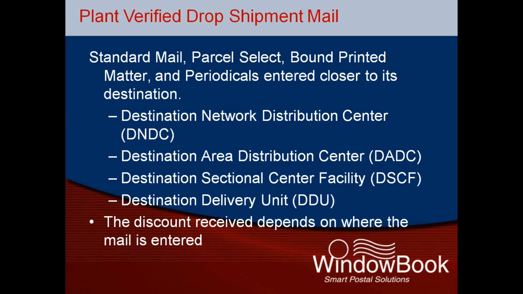The Postal Service has 29 NDCs and over 400 sectional center facilities across the U.S. NDCs and SCFs are the hubs for processing regional mail. And I'll give you an example